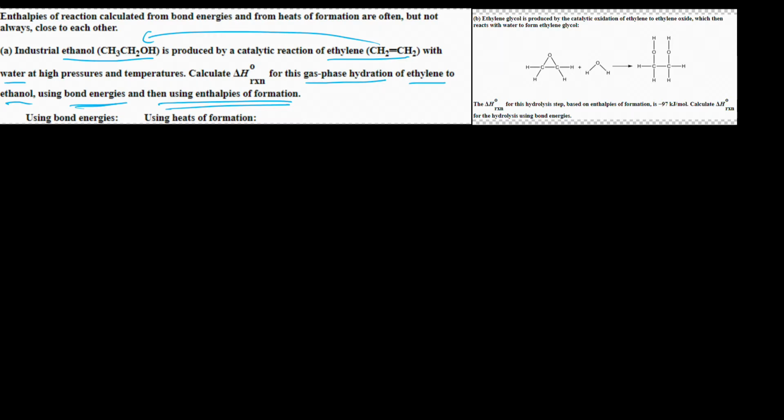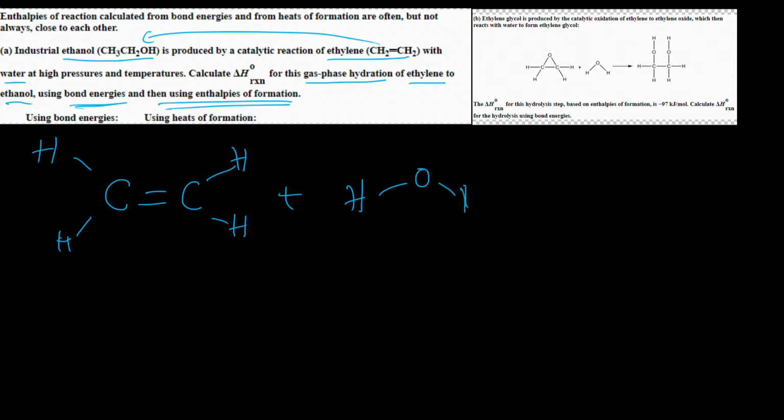So we're going from CH2 double bond CH2 with water, and that gives us industrial ethanol, so CH3, and then we got CH2, and then we got oxygen and hydrogen. So now we gotta know how many bonds we have, or which types of bonds we have in each